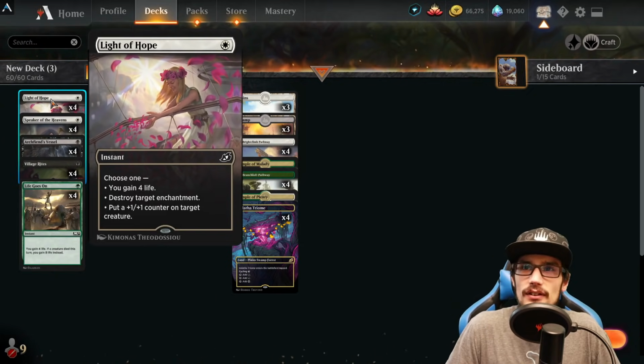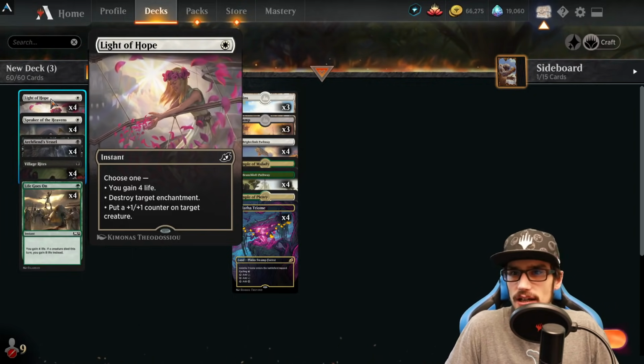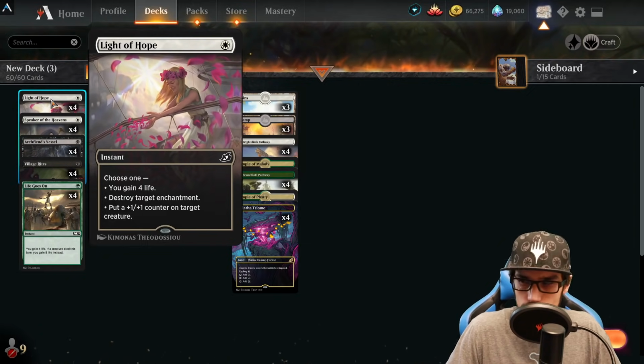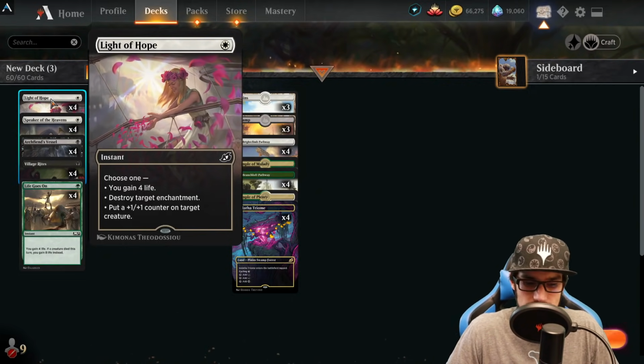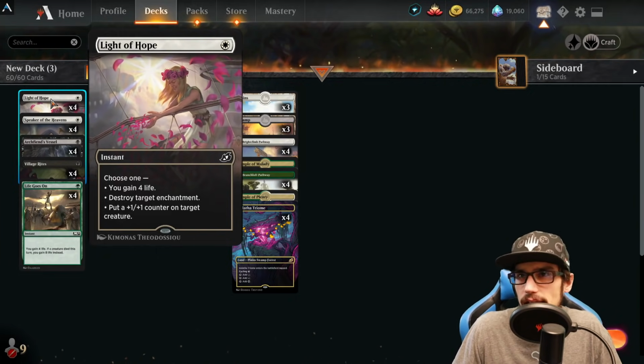Anyways, 4 copies of Light of Hope, at instant speed for 1. We get to choose one: you gain 4 life, destroy target enchantment, or put a +1/+1 counter on target creature. This is really nice. There's a lot of enchantments, whether it be the Great Henge or Embercleave, that need to be dealt with. We can even see something like Banishing Light easily dealt with, a positive mana conversion through the Light of Hope,